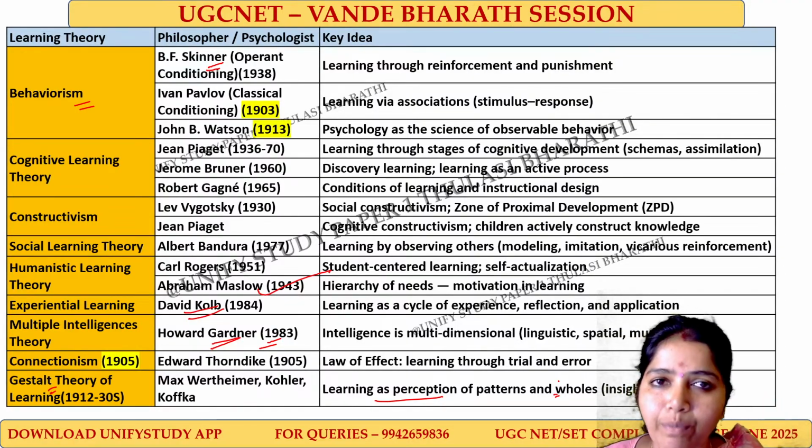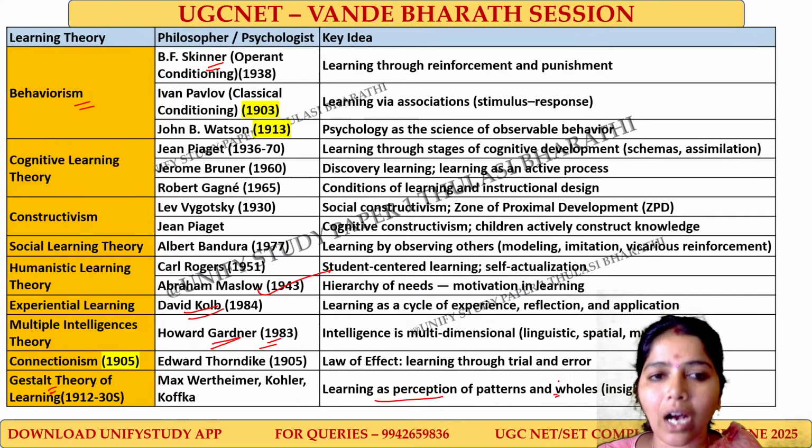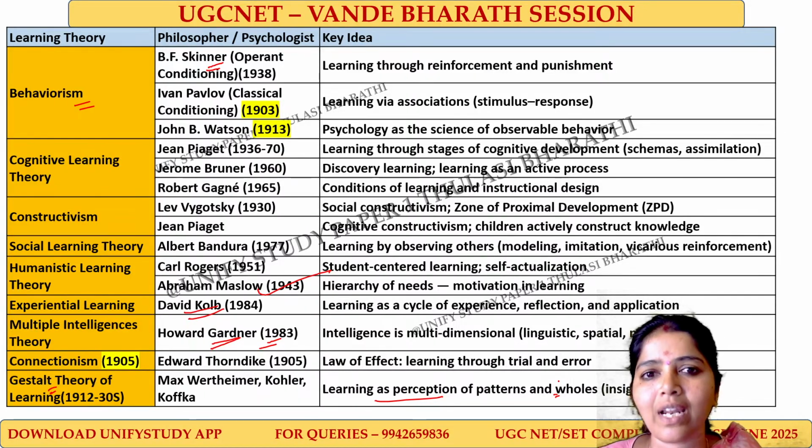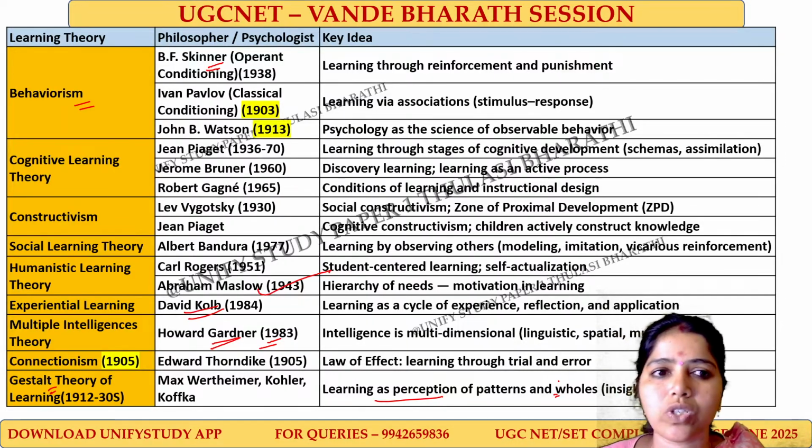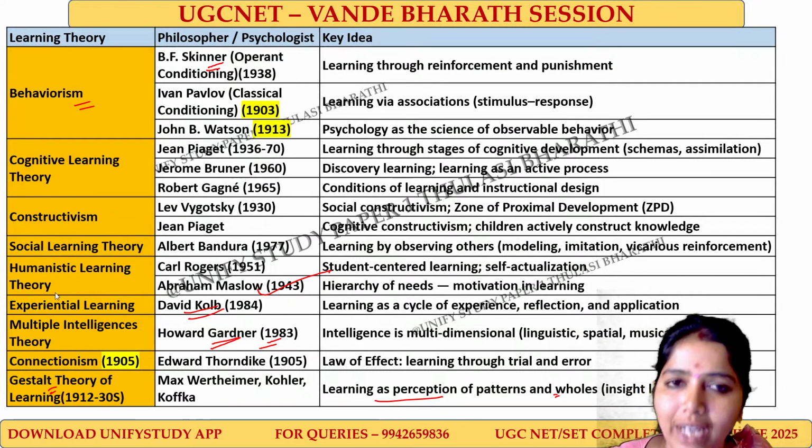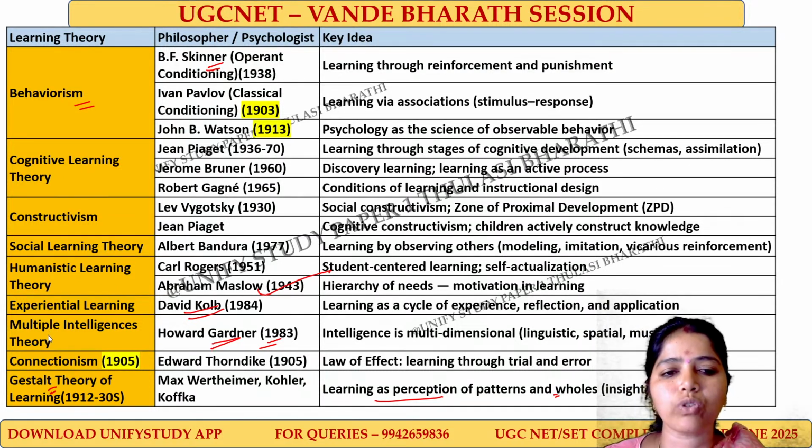So these are the very important learning theories in teaching aptitude, along with the proponents and the possible years I have given, and their main key contributions to those learning theories have been presented. Is it clear, learners? Yes, is it clear? Shall I move to the next topic? Please let me know so that I can move to the next topic.